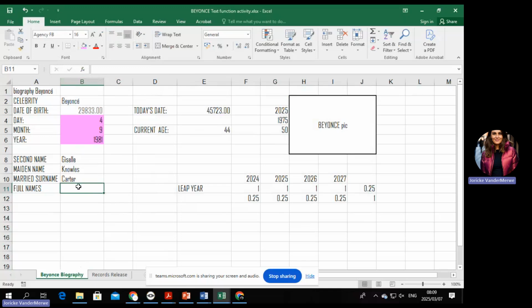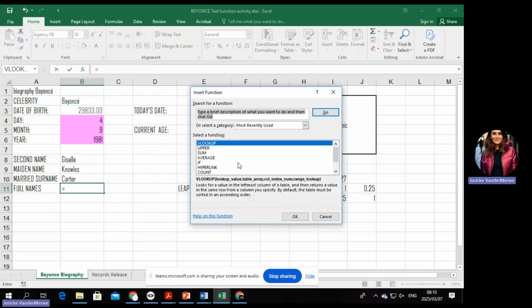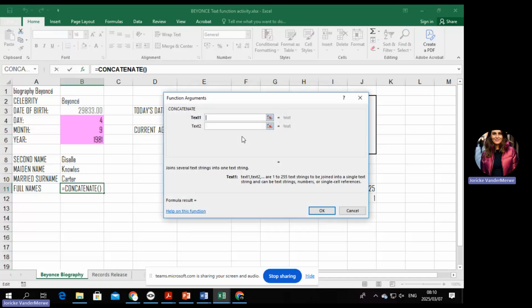So just get into the habit of when you use that magic wand, as I call it, you just start with an equal sign and then you go and choose the one that you want over here. You don't have to use this. It's just concatenate. I just need to make sure I'm spelling it correctly. Concatenate. Why is it not coming up? Okay, there it is, double click.